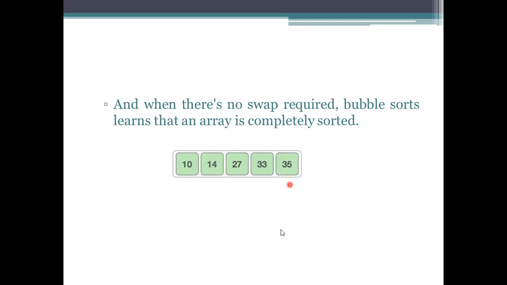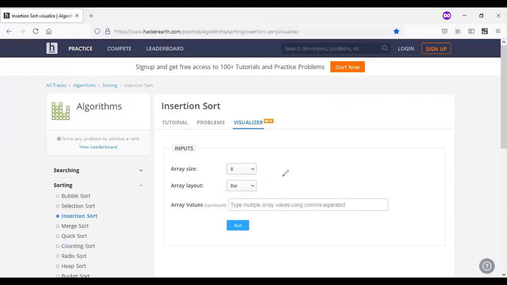Let's see the visualization of that one. Select it as a bubble sort. If you have any values, just present them now.